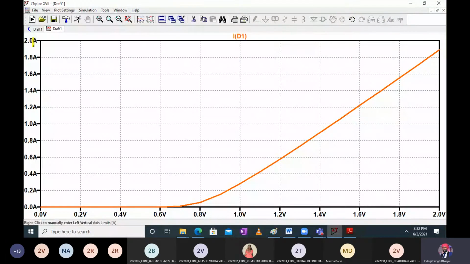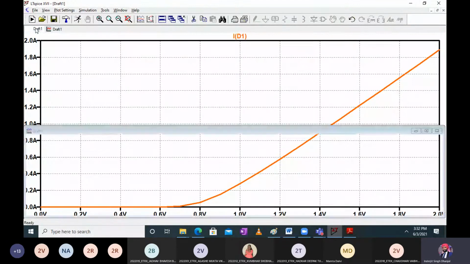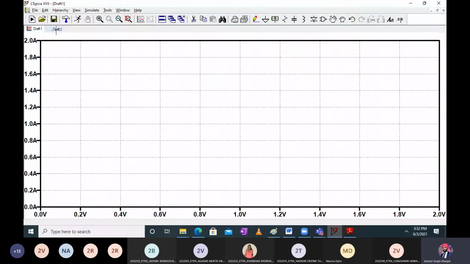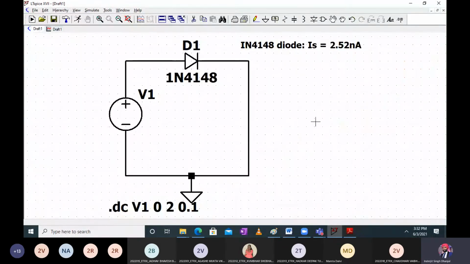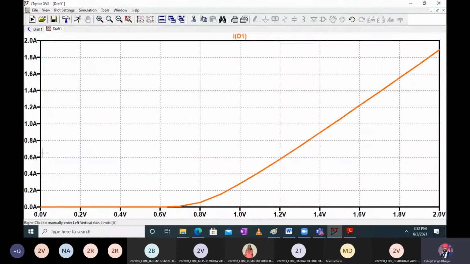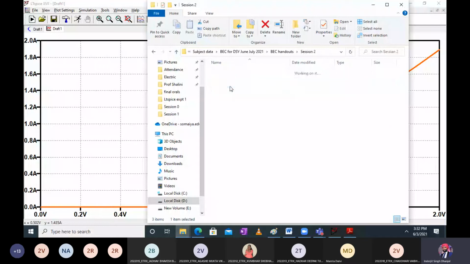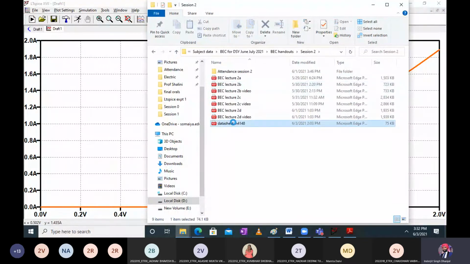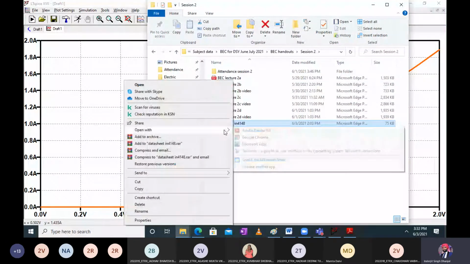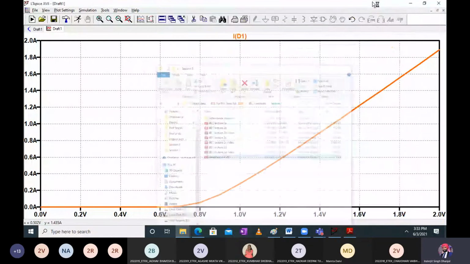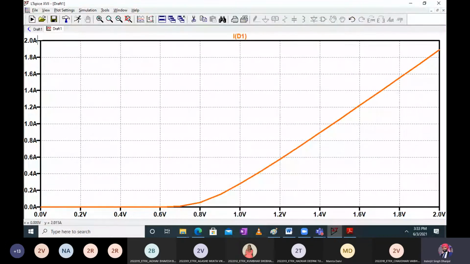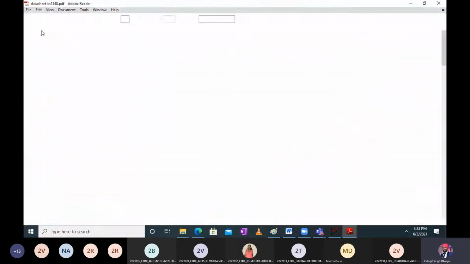So here we see the current value is in amperes. Is this correct? Practically, can we do this? Can we make this circuit? No, sir. And why so? Anyone? Why? What is the problem with this? The problem I will tell you right away. Just wait. So here the current level is too much. It's coming in amperes, correct?